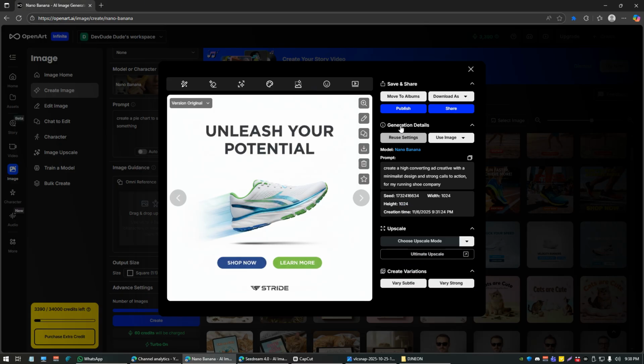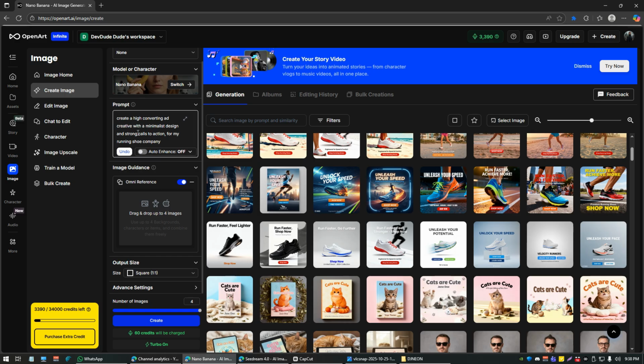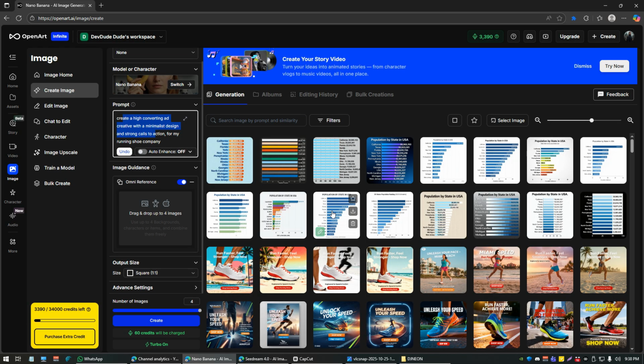And like I was saying before, if you want to continue with the work of a previous job that you're working on, you can just click on reuse settings and that will reload your prompt. And if there were any Omni image references, it would reload those into the Omni image reference or whatever the case may be. But I think that's a pretty good overview of what sorts of things you can do with